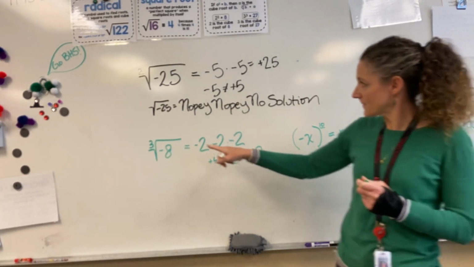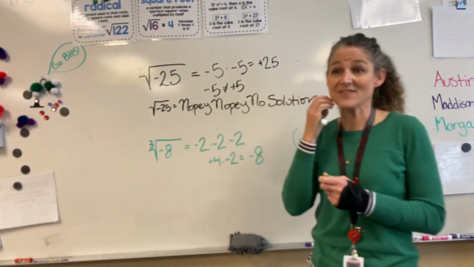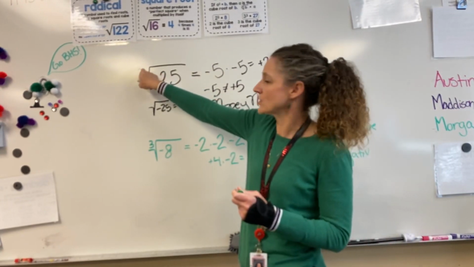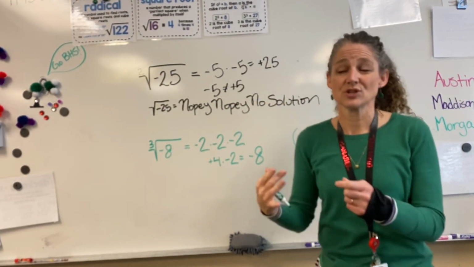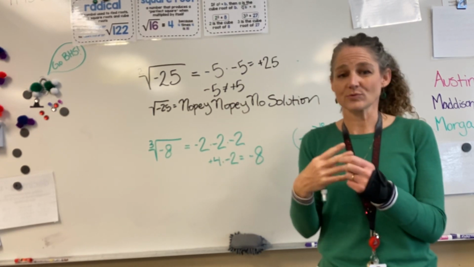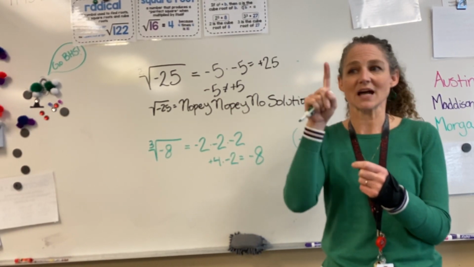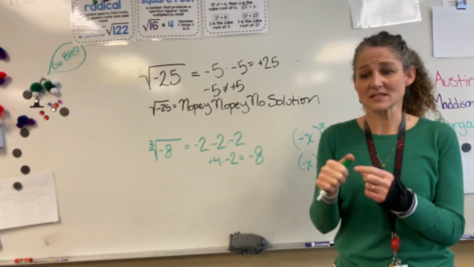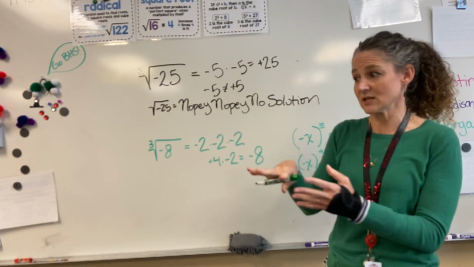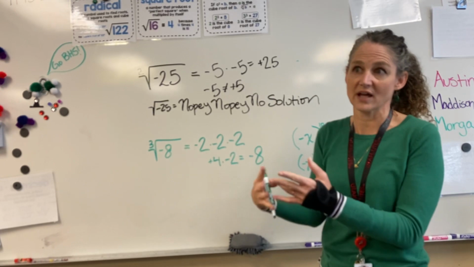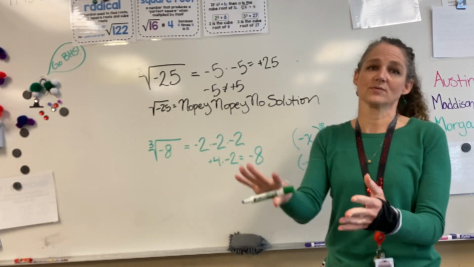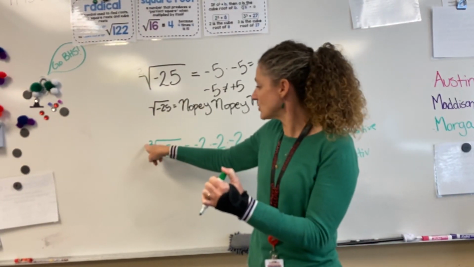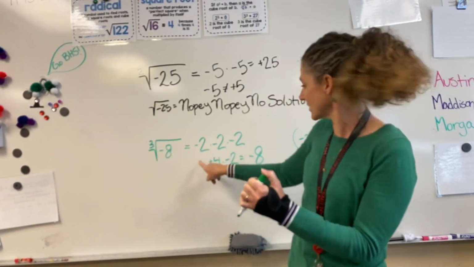This 2 is an even number. There are not going to be any even roots of a negative number. You can have 4th roots, 6th roots, 8th roots. We are not going to do that in our class because I love you people. That would be a challenging problem. But it doesn't exist for negative numbers. But you can have odd roots of a negative number because you're multiplying it by itself